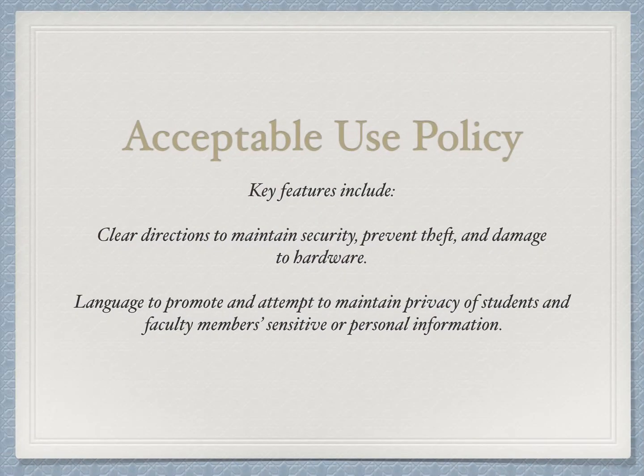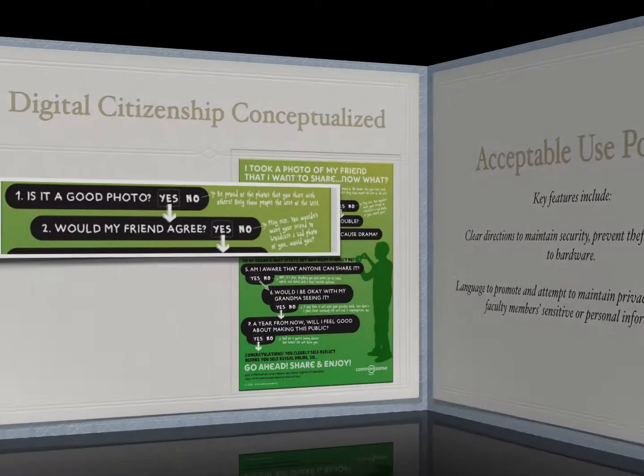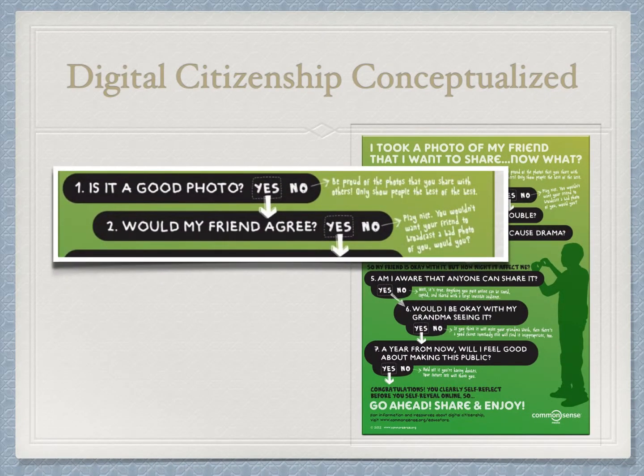What are characteristics of a well-written AUP? Clear and concise language, which replaces a laundry list of negative actions. To understand acceptable use policy, or AUP, we first have to understand digital citizenship. An example of authentic conversation will enable your students to process a scenario and understand the things we do online should be the same as what we would do in person, because every action has a reaction.